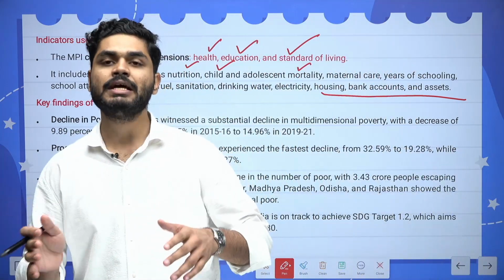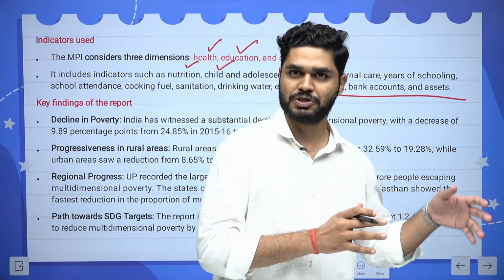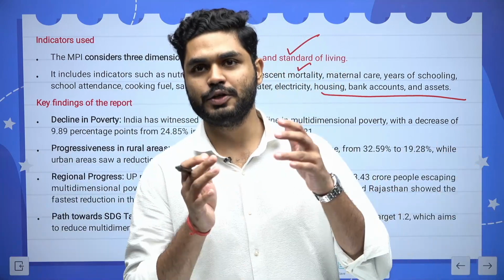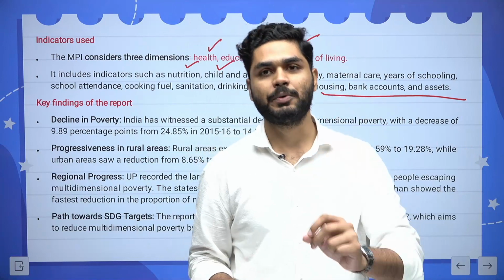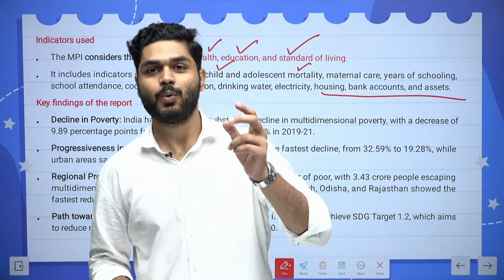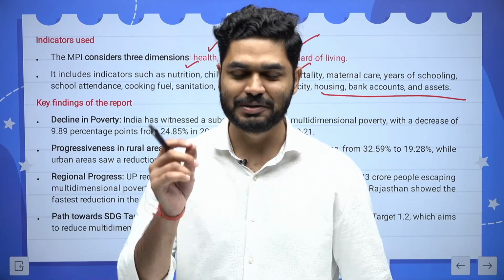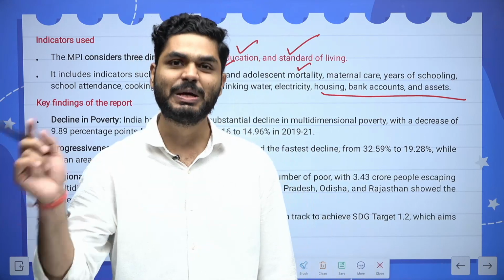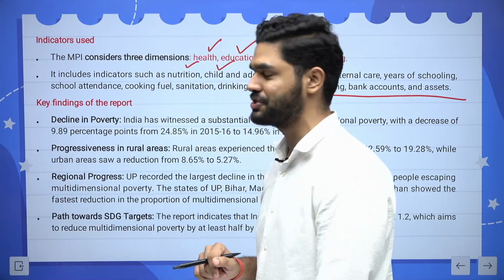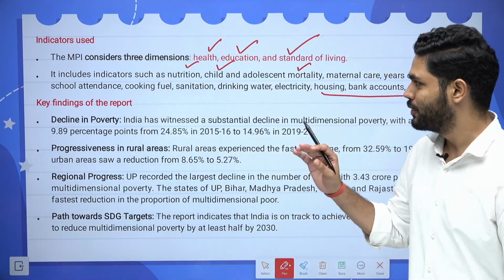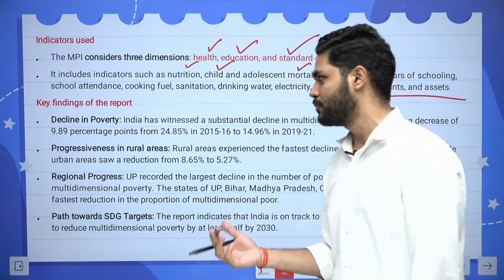The difference between the National Multidimensional Poverty Index, which has been released by NITI Aayog in collaboration with two other agencies. What are those two other agencies? I repeatedly told you. Please, without going back, write it down in the comment section. There are two other agencies with whom NITI Aayog publishes this report.